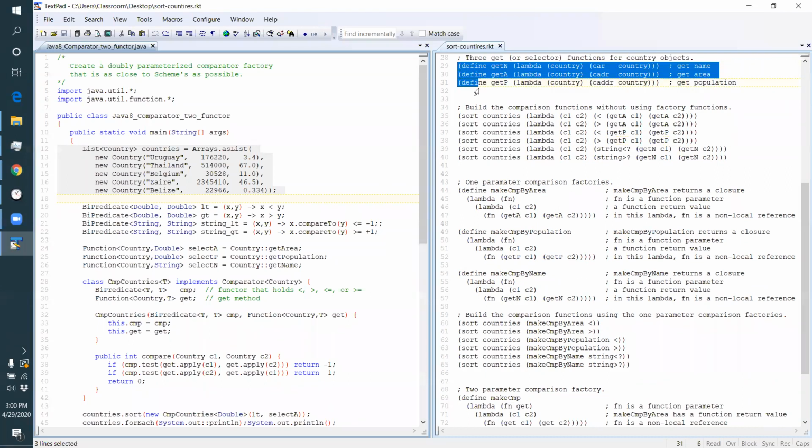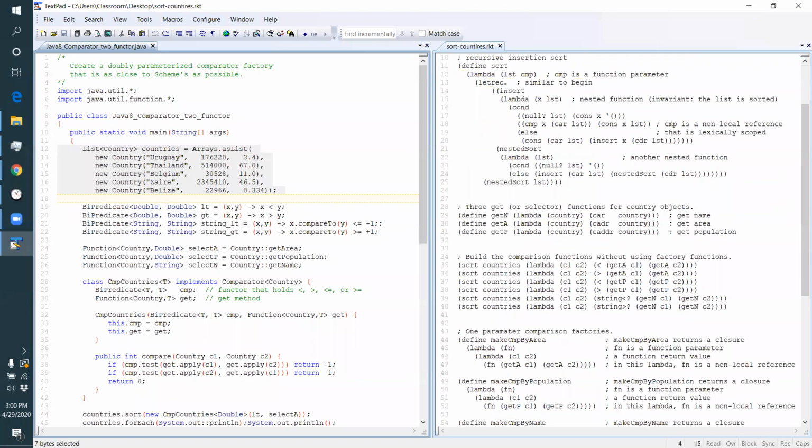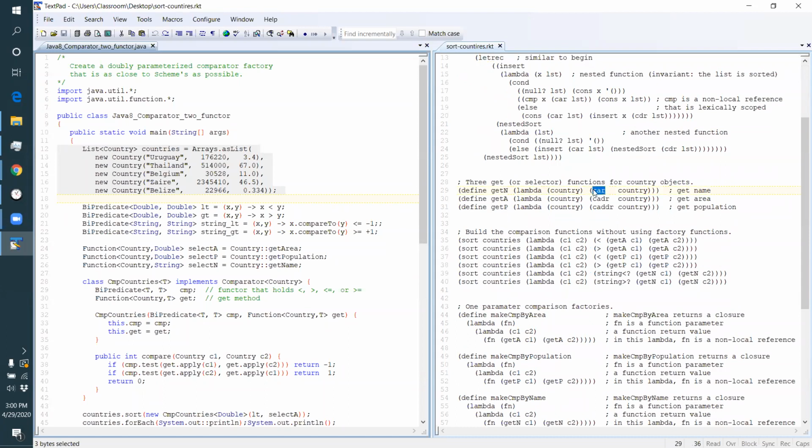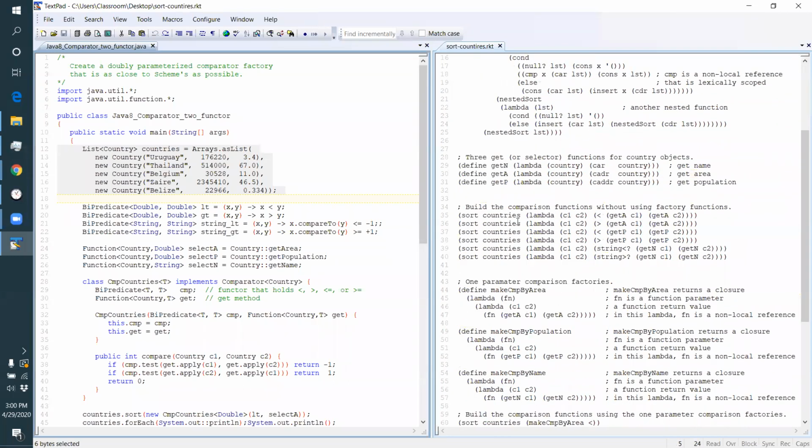Notice I have a bunch of helper functions here. Well, here I have to. Java doesn't let me, like here these helper functions don't need to be here. This one, get name, the name is the car of this list. So get name is just a fancy name for car. And get area is, area is here. That's the car of the cdr of this list. Notice that get area is just the car of the cdr. So I don't really need these names here. Instead of saying get A here, I could just write car. Instead of get P here, I could just write